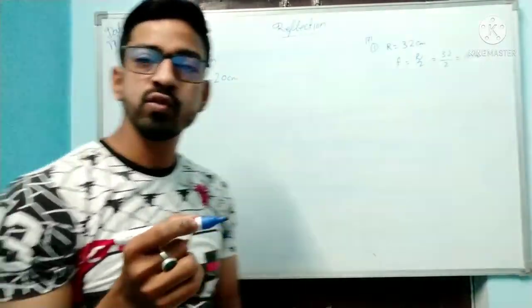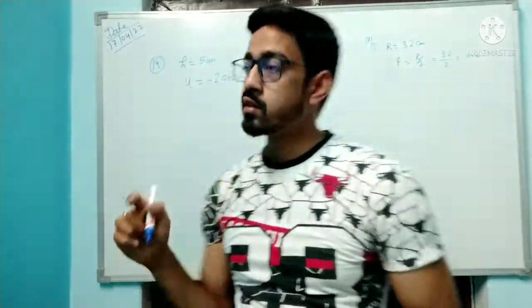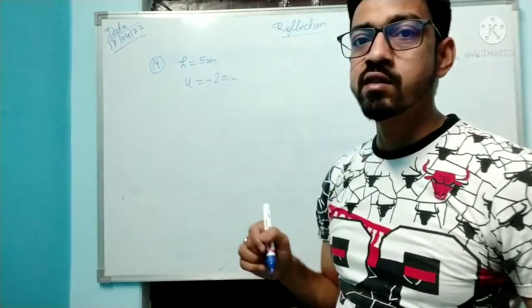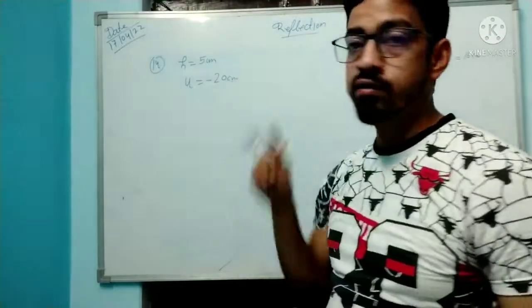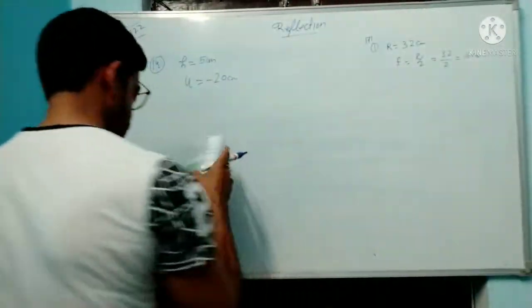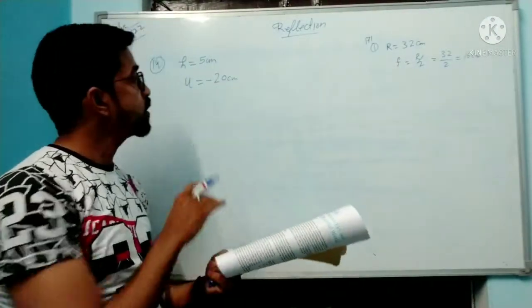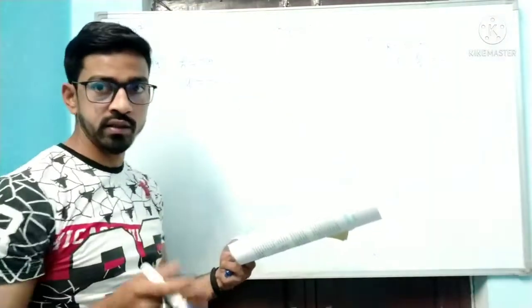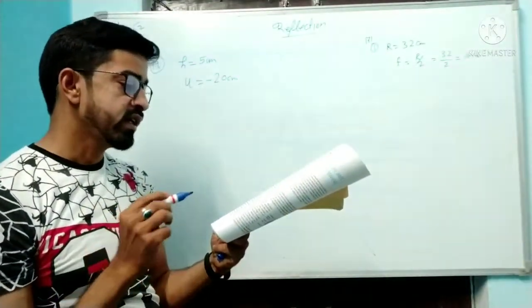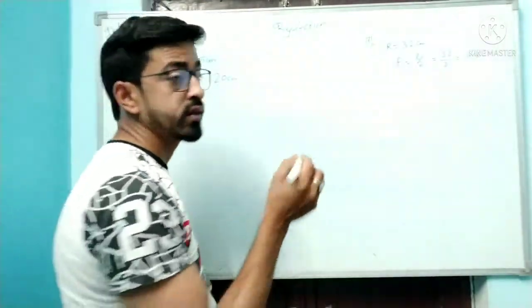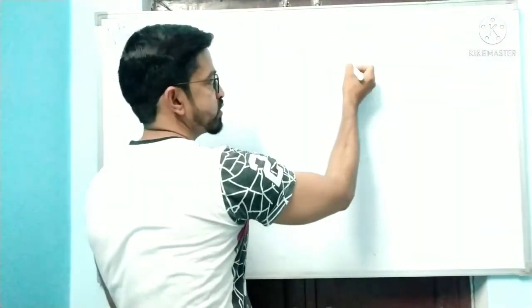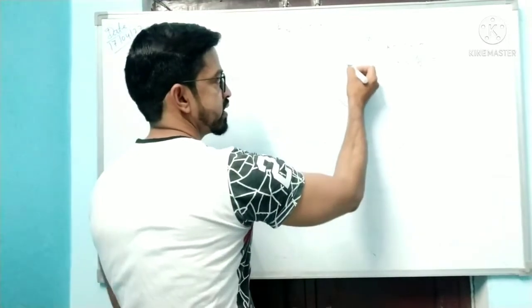But lots of students ask, sir, how do you write this? It happens after lots of practice. You will visualize everything. Or when I draw the ray diagram, I also explain it there. Distance 20 in front of convex mirror, which you discussed in this video. So convex mirror like this.